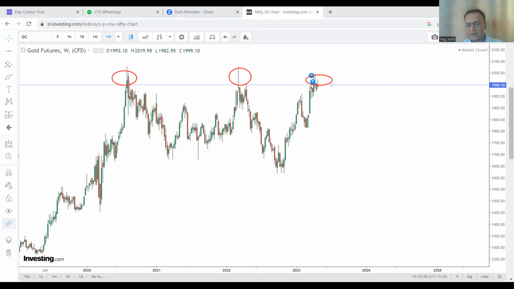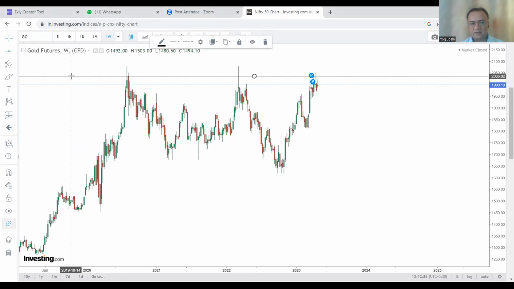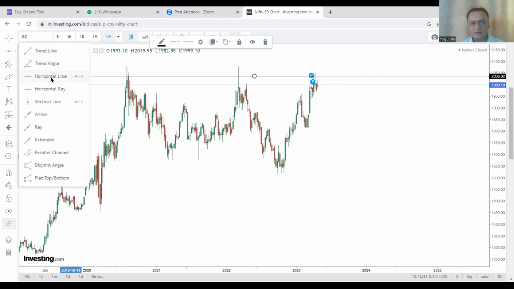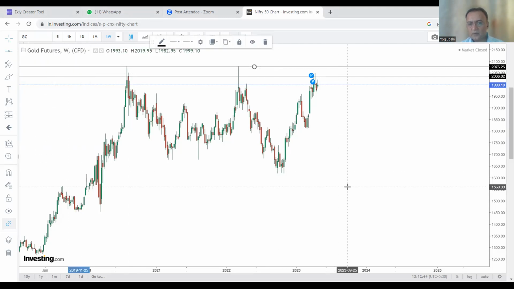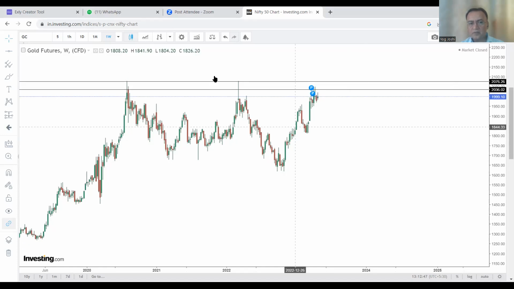Clear cut at resistance level, and gold might show neutral or sideways movement until and unless gold breaks this area with a huge bullish candle. This is the first resistance. This is the second resistance. For a new high, gold is supposed to break this resistance area. This price, clear cut, we can say currently gold is in a supply zone.